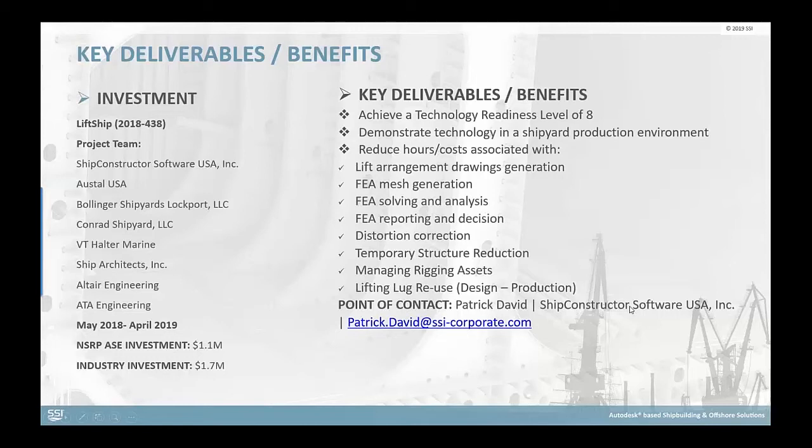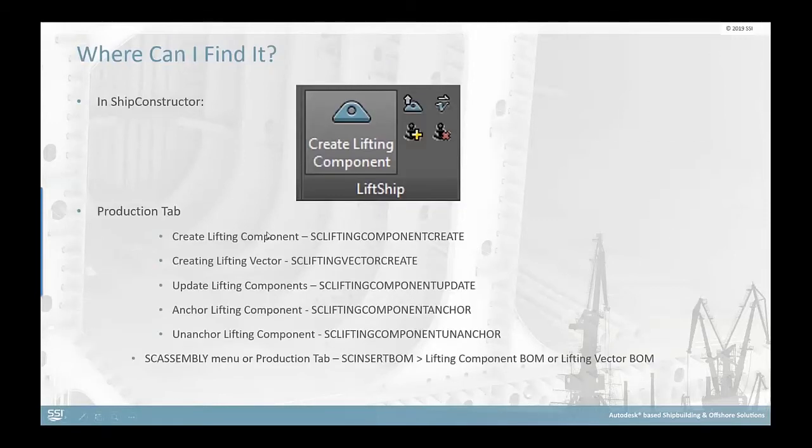And I'll attach this to the webinar slide deck as well later, as Patrick Davids has mentioned. So where can you find it? If you're in ShipConstructor, in the production tab, you're going to find these icons in the ribbon, or on the command line. You can create a lifting component, you can create a lifting vector. If you've made any stock changes to lifting components, we've included an update lifting components command, and that should update